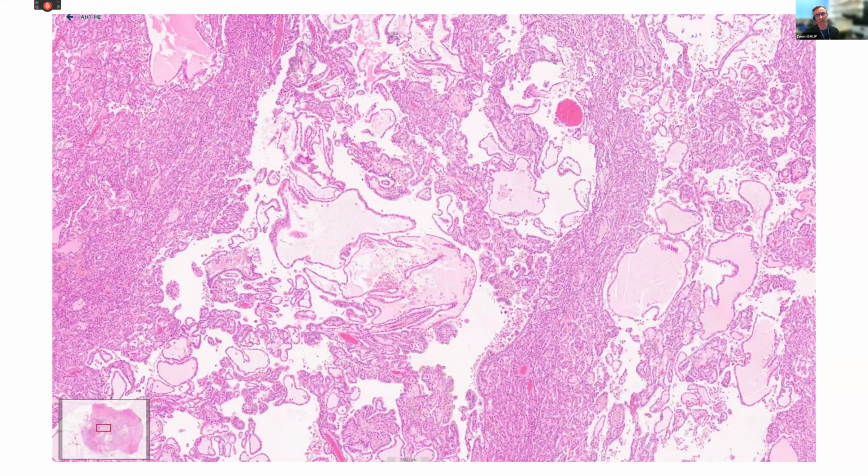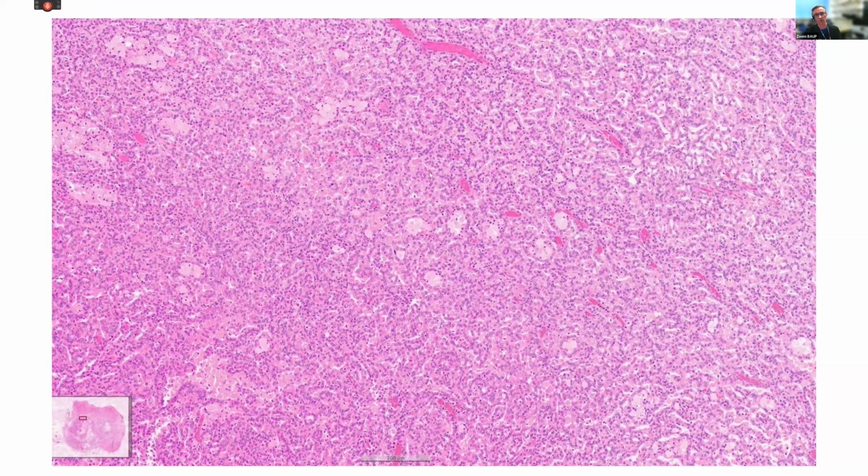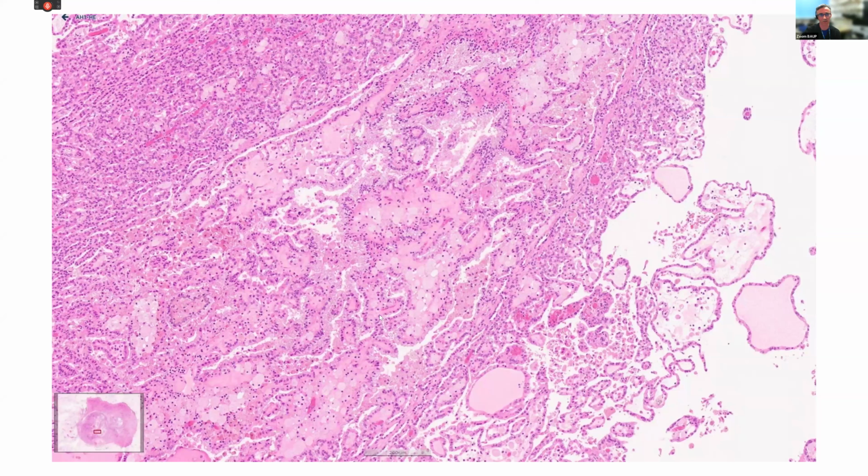They look foamy within the cores of these papillae. The more solid areas, there's some closely packed small little tubules again, with foamy macrophages in the center. No areas of necrosis on the slide, and again, these foamy macrophages were present in the cores of these papillae, and